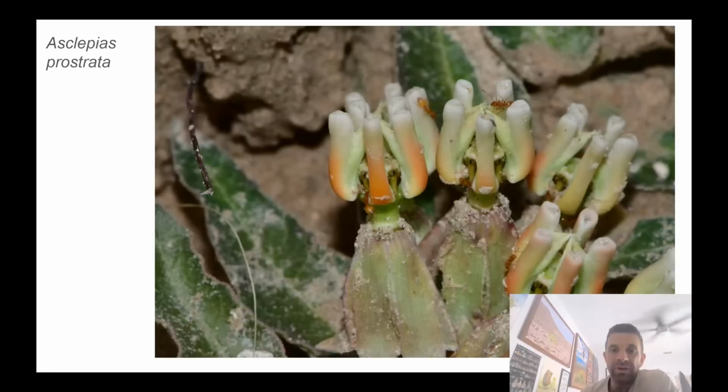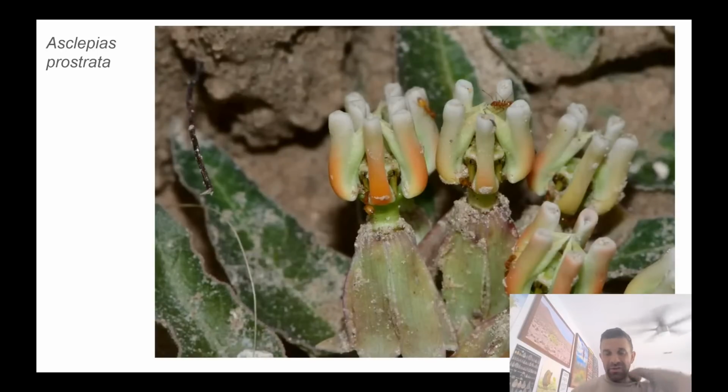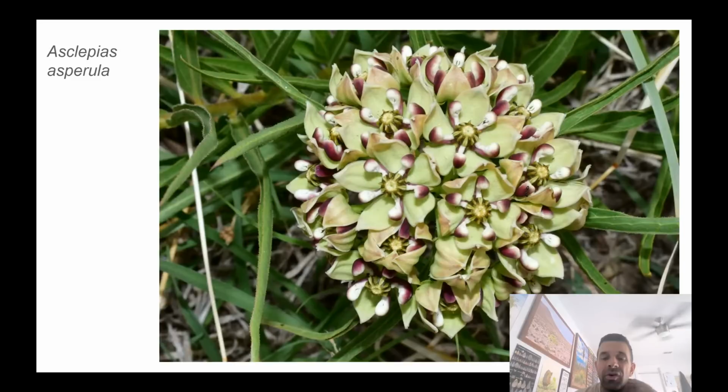Look at that. Look at those weird flowers, okay? And this whole flower structure is so distinct and unique. It's got its own vernacular to it. It's got its own list of terms that apply to it. Hoods, corona, gynostegium, etc. Okay, stigmatic slit, etc. Don't worry about all that. Just know that's a milkweed flower. Same thing. Variations on a theme. Asclepias asperula, antelope horns. All right, same genus, different species, variation on that general flower structure. That pentagonal assortment of hoods and horns. The horns come out of the hoods,